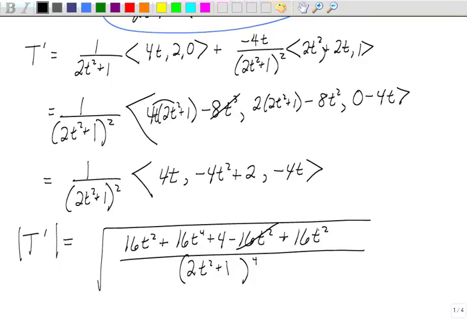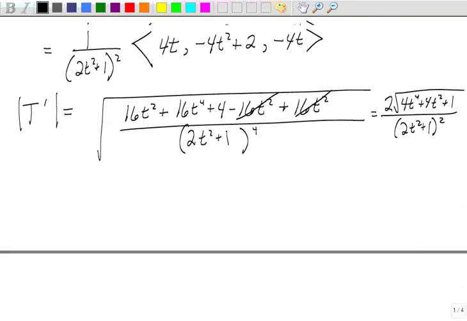So these are going to cancel. That's going to be, let's take out a 4. So it's going to be 2 square root of 4t to the 4th plus 4t squared plus 1 all over t squared plus 1 squared. That's going to be 2. Inside here is 2t squared plus 1 squared. When you take the square root, you get 1. So that's going to cancel with one of those. All the top is, so that's just going to be 2 over